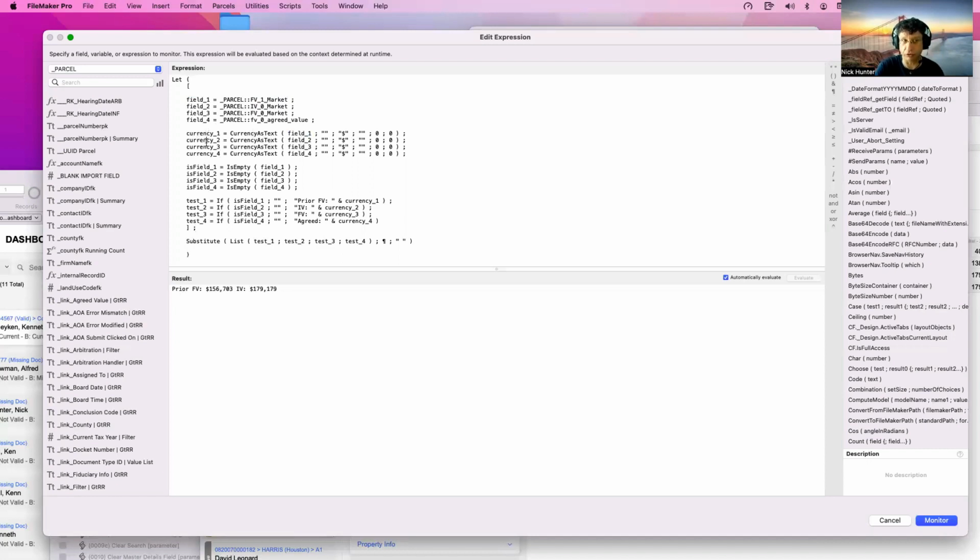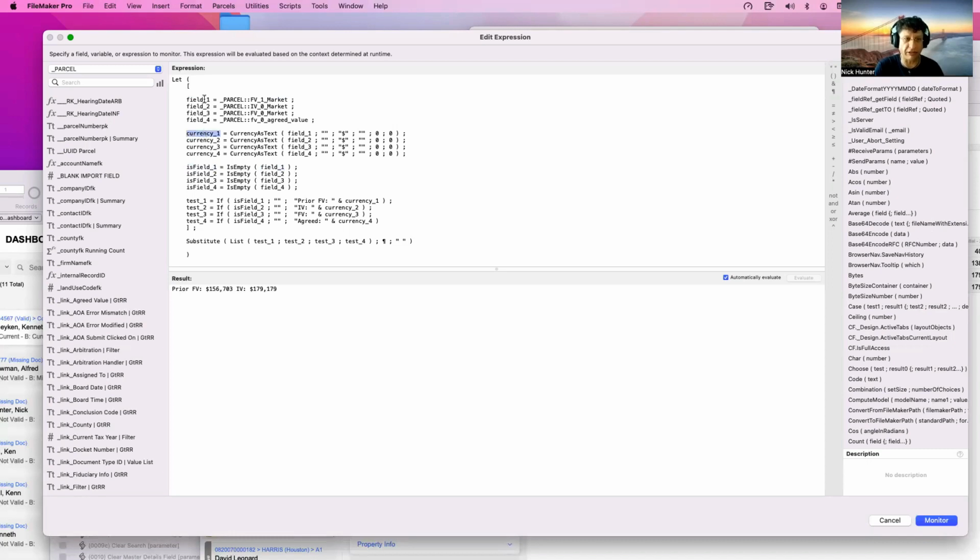And I called it 1, 2, 3, 4. Then I say, wait. Is there something in that field 1? Yes, no. Is empty, field 2, field 3, field 4. Is empty this one, this one, this one, this one. Okay. Then I have a test one for the is empty one on the field 1 that